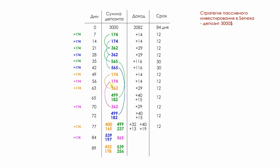We add $14 of profit to it and add our main charges and reopen the deposit for a total of $362. The working time of this deposit will be 12 days, after which we will receive additional profit plus $29. 2 more days pass and we have to work out the deposit